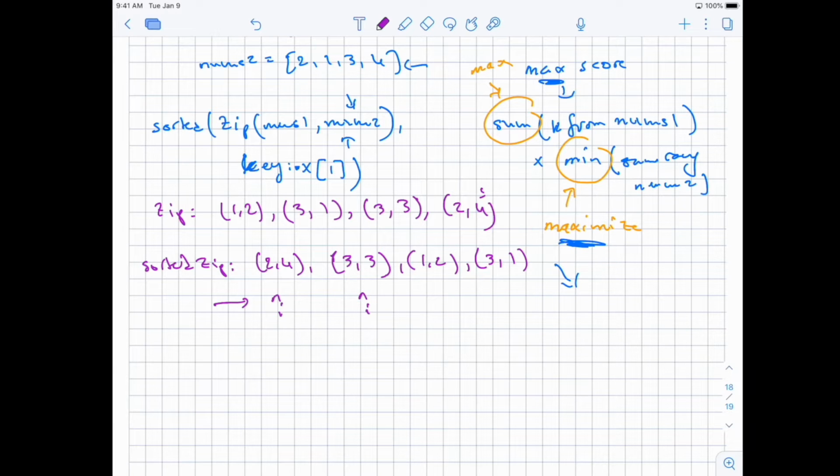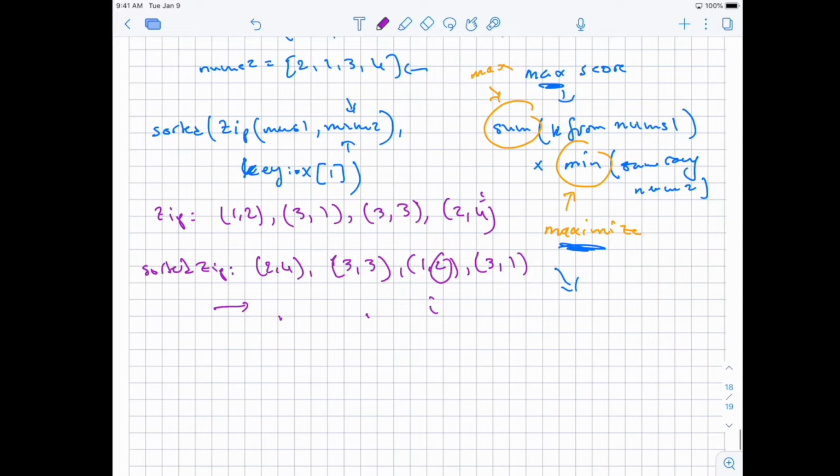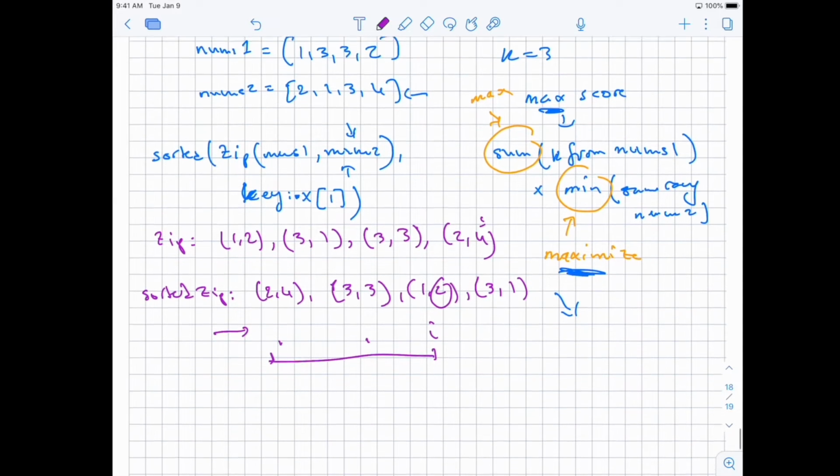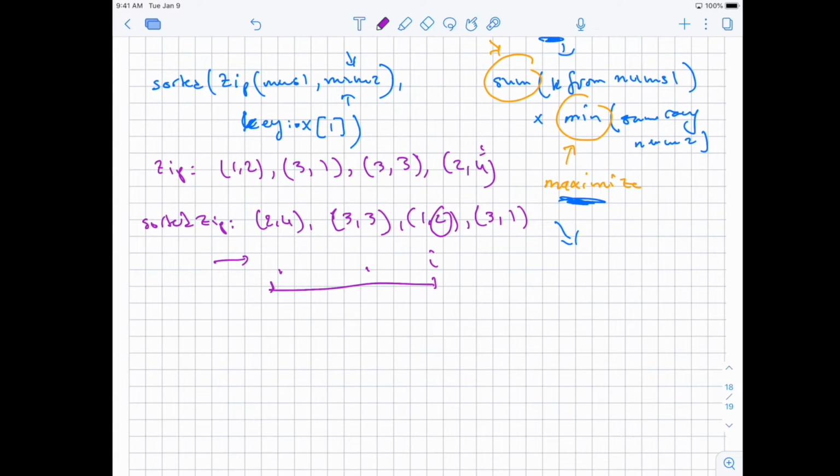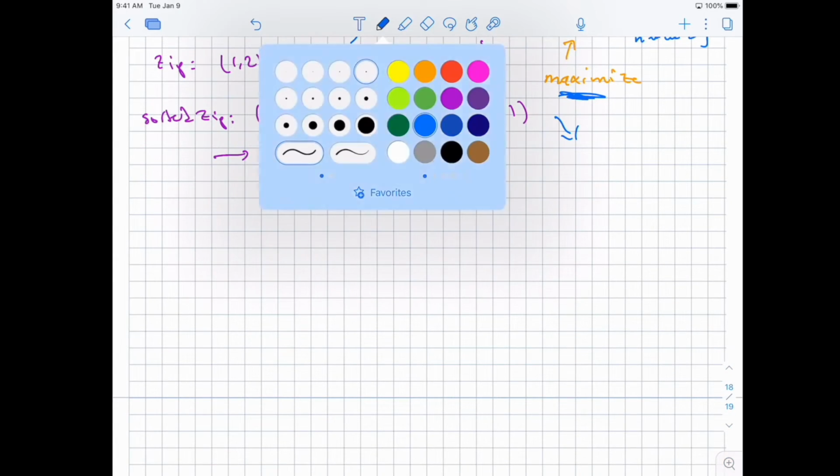Because it's decreasing order. So let's say we are at I, maybe here, right? We know that this here is the minimum number n2 in this range, because everything to the left is higher, because this is decreasing order. Okay, so if we iterate like this with,